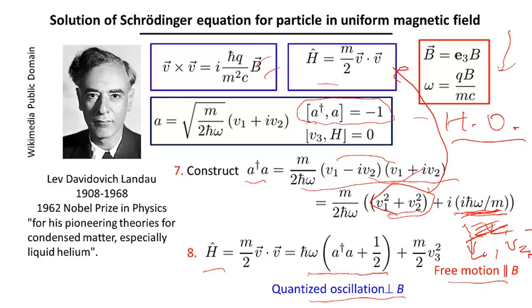Now, you know in classical mechanics that the charged particle undergoes a circular orbit in the plane perpendicular to the field. So you say it's intrinsically a two-dimensional motion, but the commutation relationship here gives a one-dimensional harmonic oscillator spectrum.